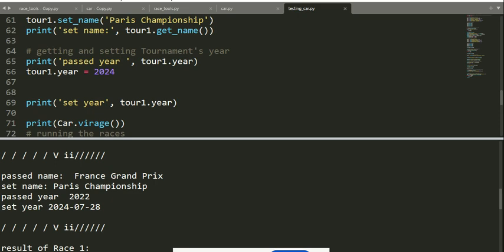And for setting the year, the user only uses this dot notation, the simple dot notation, nothing else. Tour1.year, and we set a condition here. This is 2024, so we get the exact day. If I make it